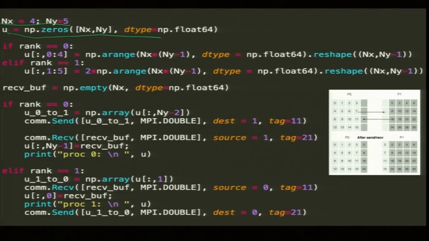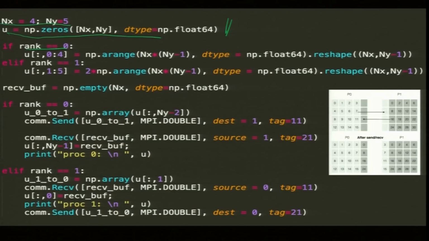So, in each processor, 4 by 5 arrays will be created, and I need to assign these arrays with 0 to 15 in P0 and 0 to 30 in P1. This is what you need to do carefully. So, rank 0. This line is nice. Python has such powerful ways to do things; in one line you can do many things.